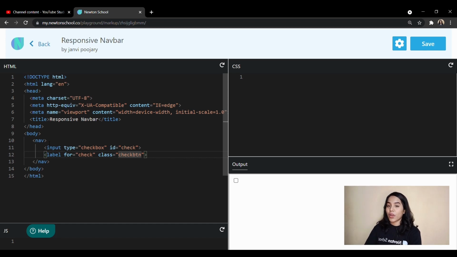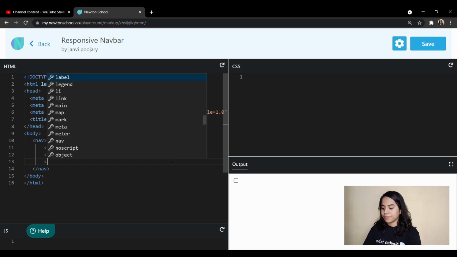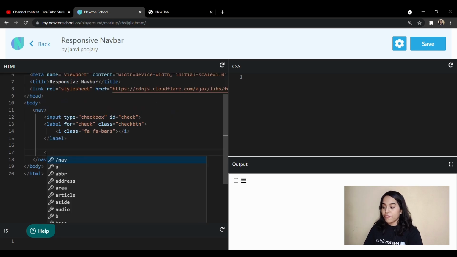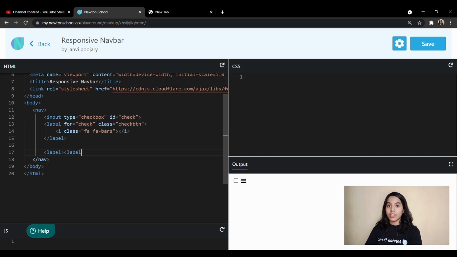This is because whenever somebody clicks on that hamburger, then our hamburger should get checked. You won't understand it right away, but eventually you will. Now for our hamburger, we will have this hamburger menu over here. And after that, we will have one more label, and here the class will be logo, and we will write here Newton School. So this will be the logo for our nav bar.